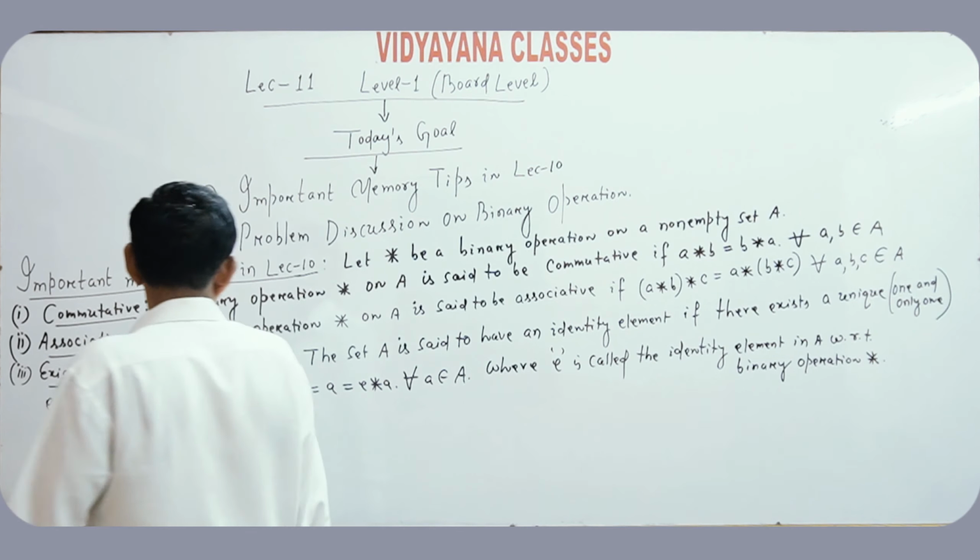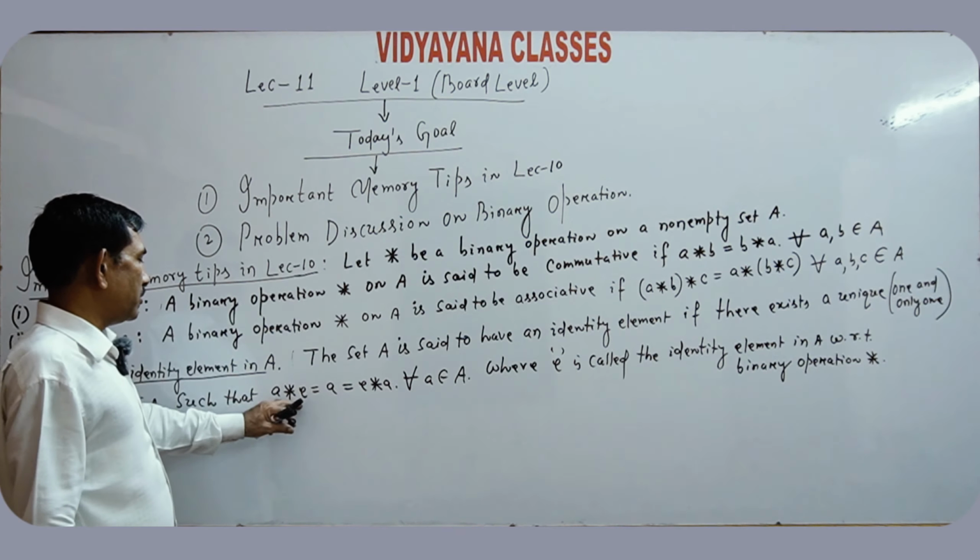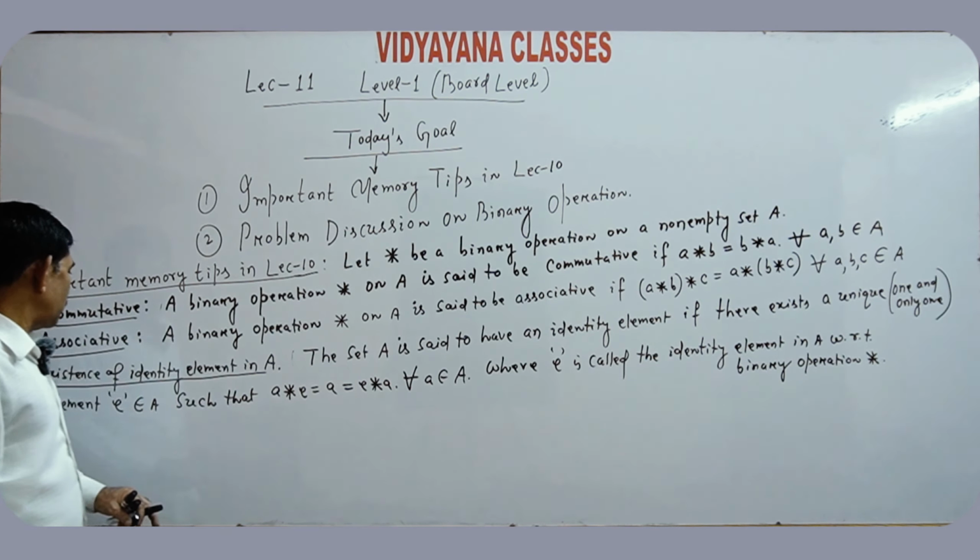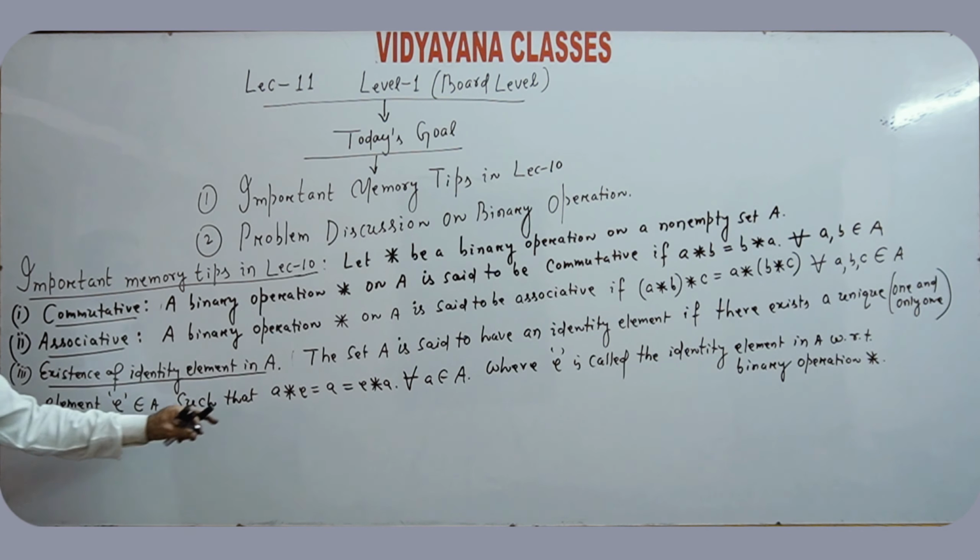If this condition is satisfied, then E is called the one and only one identity element in A. Fourth,